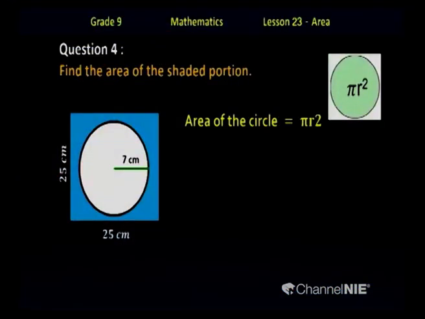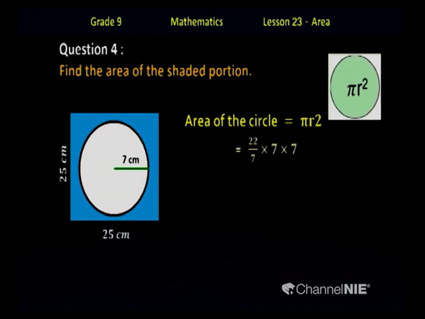Now a question, you can see it on the screen. Find the area of the shaded portion. The shaded portion is highlighted using the color blue. You should have a method to find out the area of the shaded portion. What is the method? The length of a side of the shaded portion, in blue, is 25 centimeters and 25 centimeters. You can think it is a square. To find the shaded portion, your method should be that the area of the circle is subtracted from the area of the square. Let's find them.